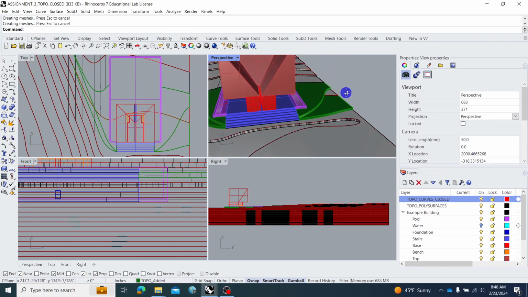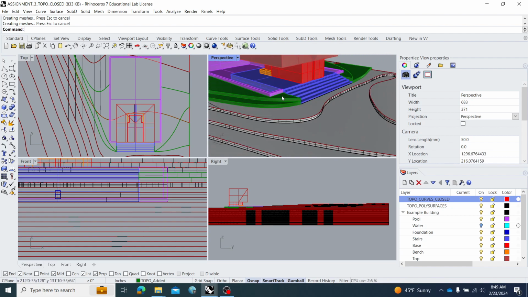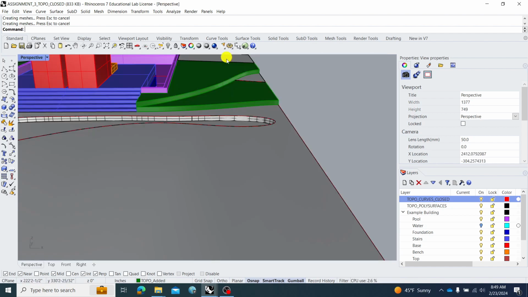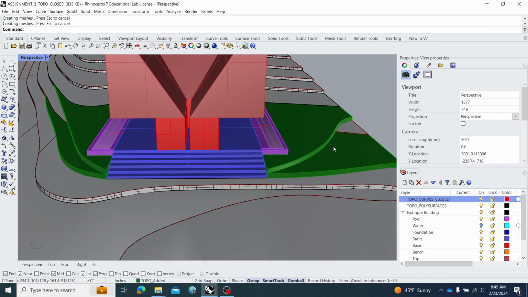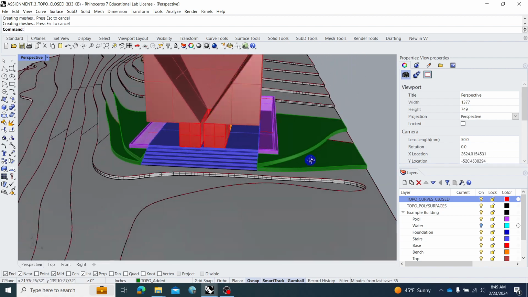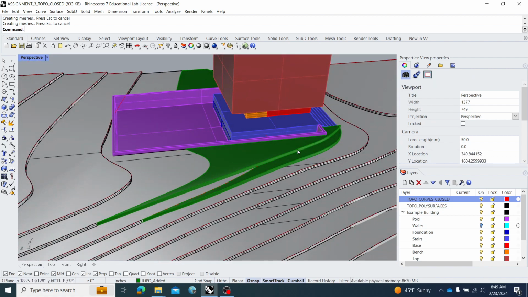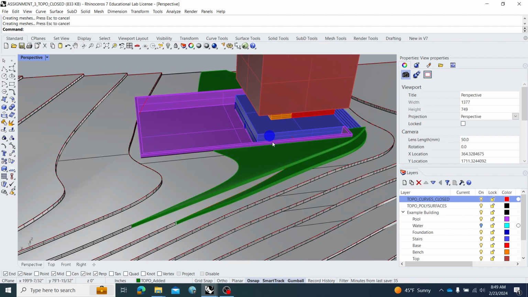Now that second level is done. And I can keep doing that for the last one, but I think you understand the idea now. That is probably the easiest and simplest way that we can alter topography, by just redrawing those lines, making sure they're closed, and extruding them that way. We can also